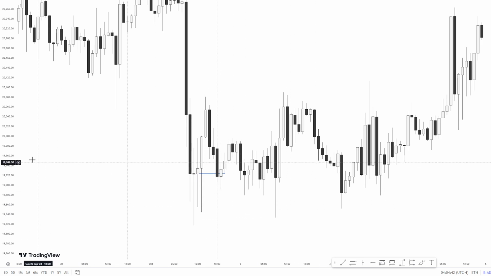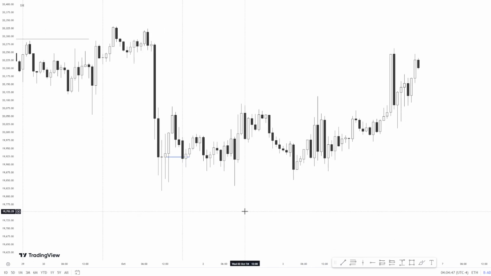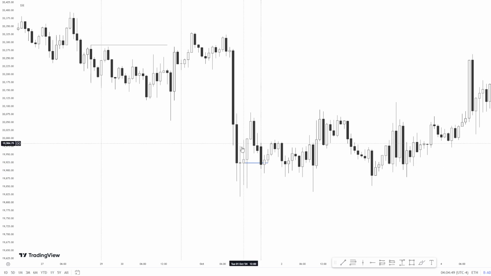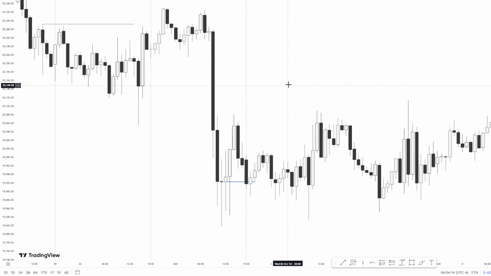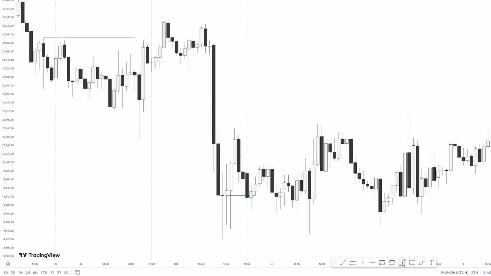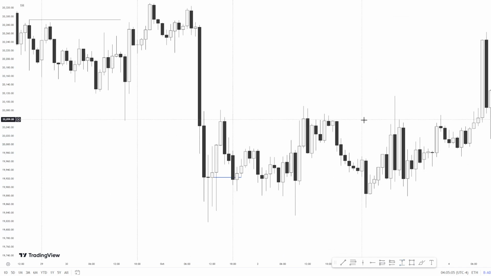So you want to pay attention to 4-hour candles, opposing close candles, and 1 hour opposing close candles. So we had this close below these candles from the previous day. And also another thing to point out is whenever we have a large move from the previous day, it's always ideal to focus on New York session. So we had over 500 points to the downside. That's a very large range. So I'm not going to be looking for anything in New York.